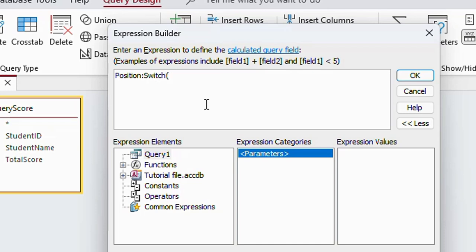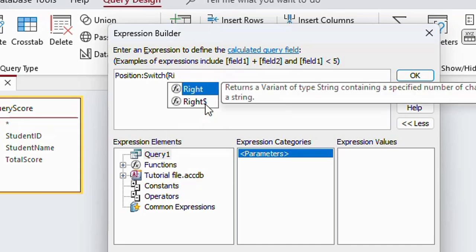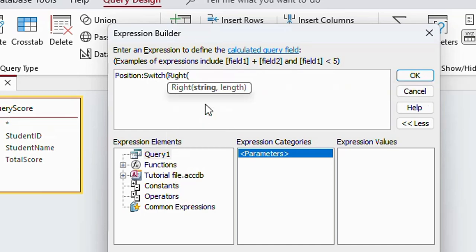Switch. Then I am going to say Right, and we look at the right of the rank. We have Rank. Okay, and we check second, the length is 2. I'll give it a length of 2, and then anytime this is 11, which is an exception,